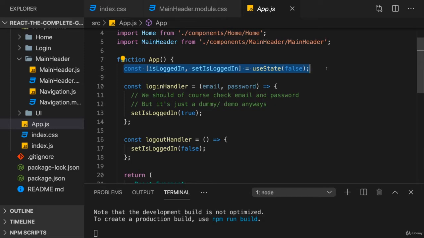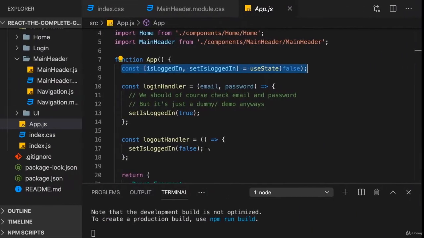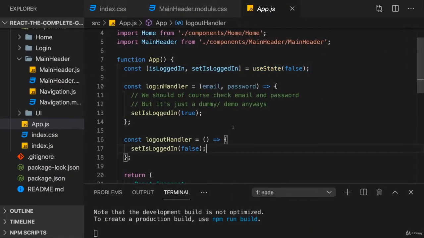Now, since we lose all the data when this restarts, it would be nice to store it somewhere where it persists the reload. And even better than that, we also want to make sure that whenever this app does start, we check if the data was persisted. And if it is, we log the user in automatically so that the user doesn't need to re-enter the details. And that's where we can use useEffect. Now let's start with storing the data.